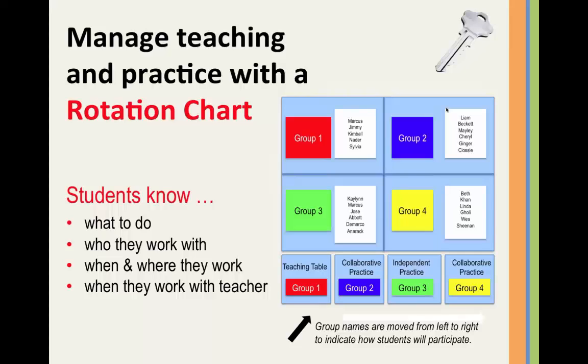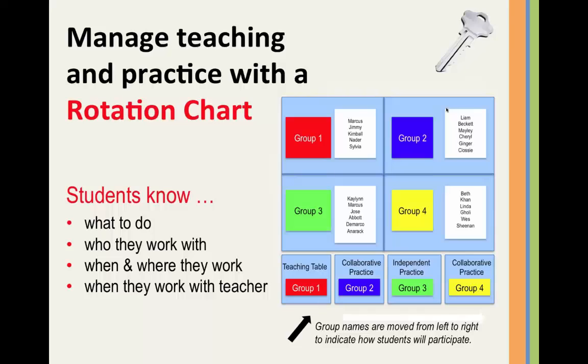So here's how it works. You would take students from group 2, which is assigned to collaborative practice right now, and you would assign them working partners from group 4, so that you can mix the skills in collaborative practice and they can help each other. Then the way that you rotate this chart is you start on the right where it says group 4. You remove that yellow square at the bottom of the chart on the right. Then you move each of them over in a clockwise position. So group 3 would go to collaborative practice.